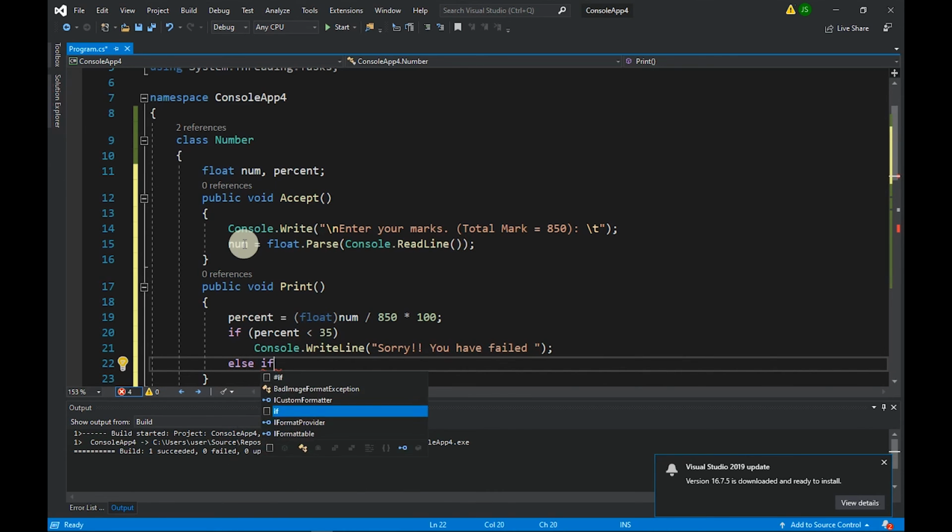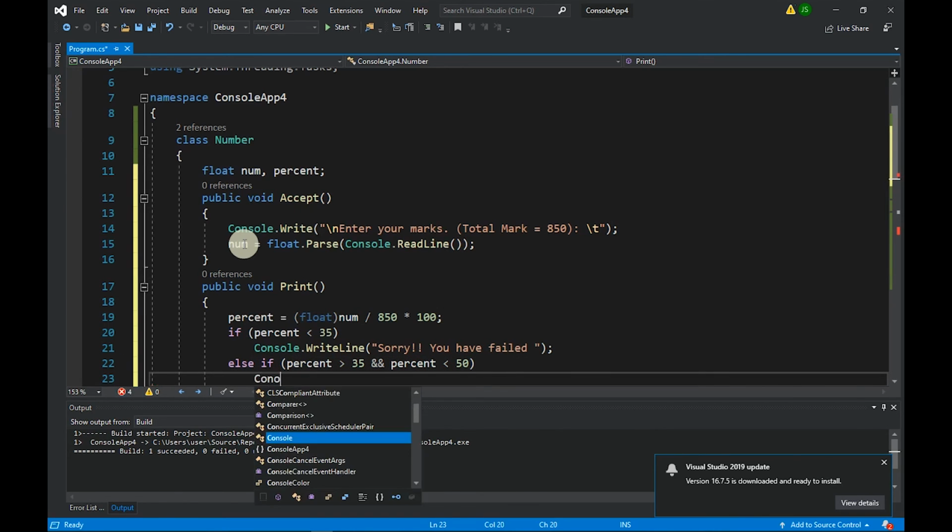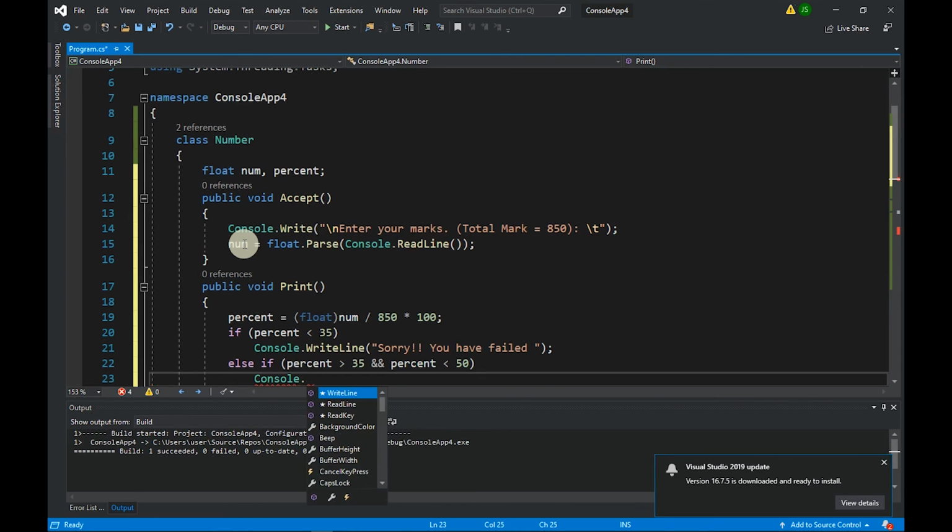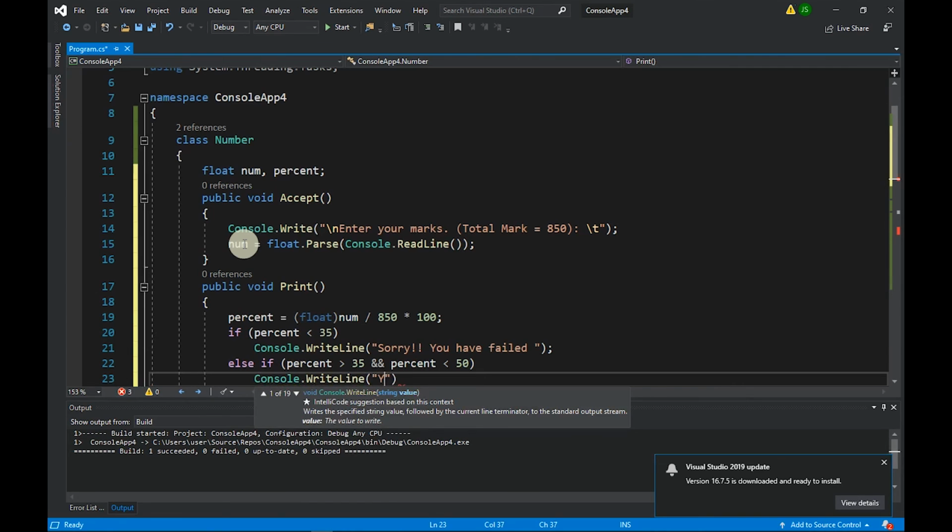Percent is, let's say, greater than 35 and percent is less than 50, then we can write something else in console dot write line: you almost got it, but try again. Okay, and then